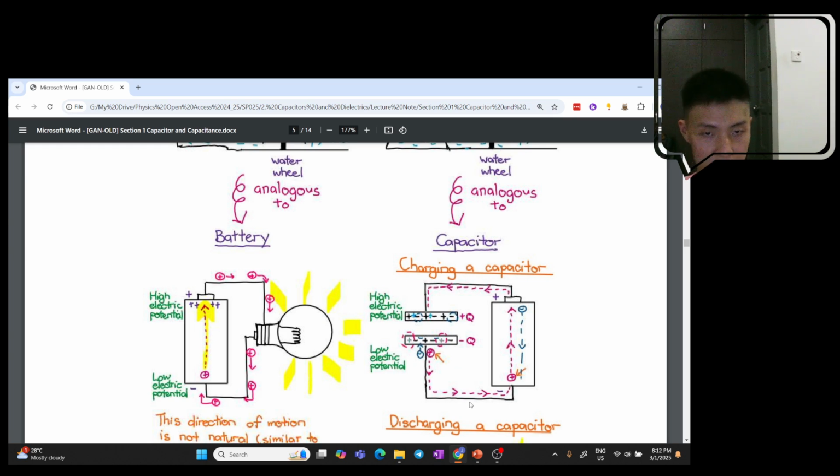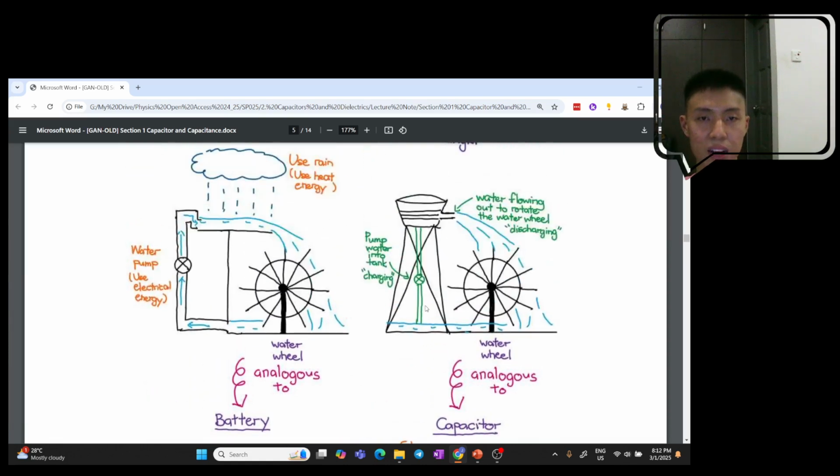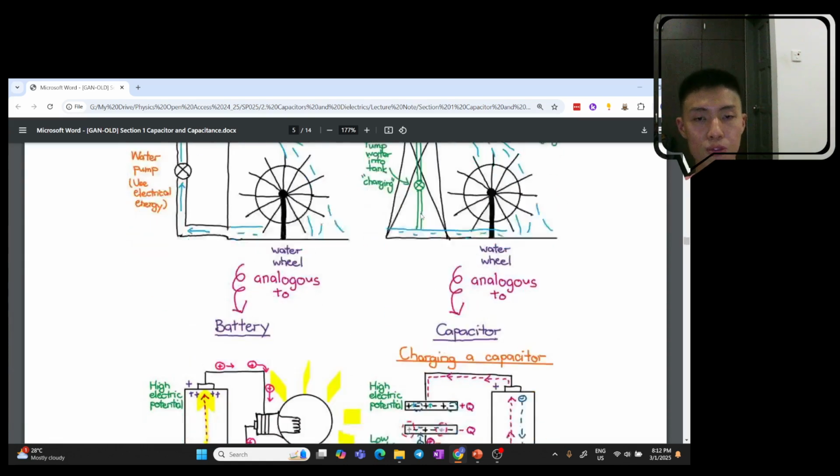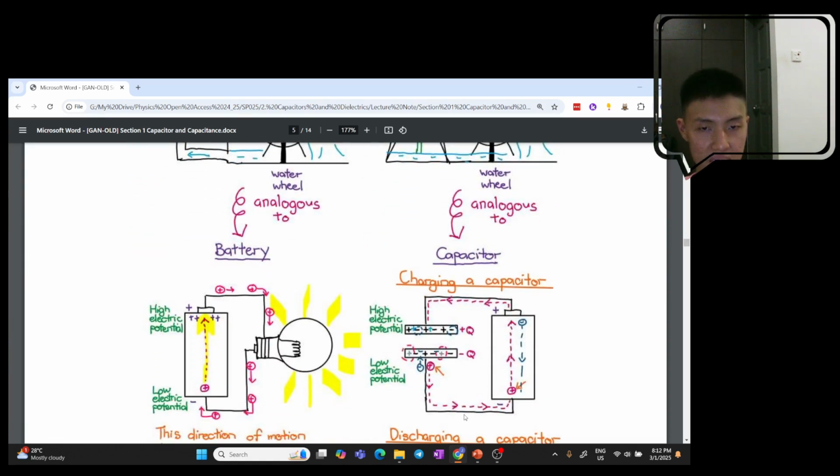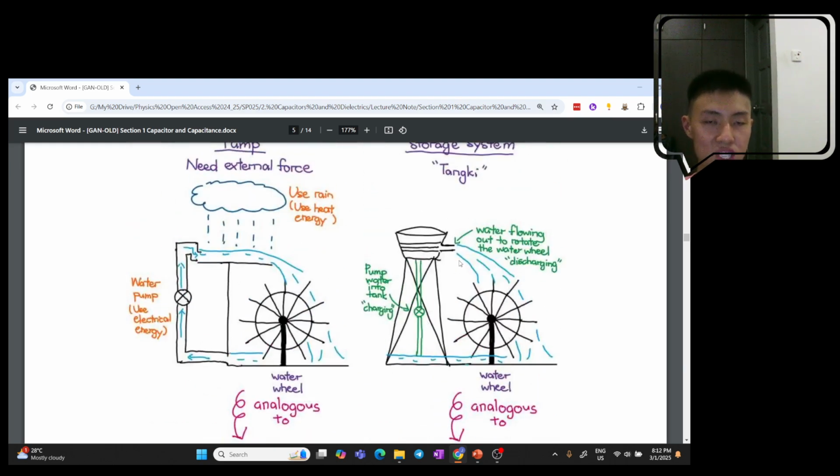So now this charge will pass through the battery, going from a low potential region to a high potential region. As a result, the charge here will gain energy, just like how the water gains energy as it moves upwards. The charge will gain energy as it moves to the high potential region and it comes out here. Okay, so if you want to discharge the energy that you have over here, there's a lot of energy